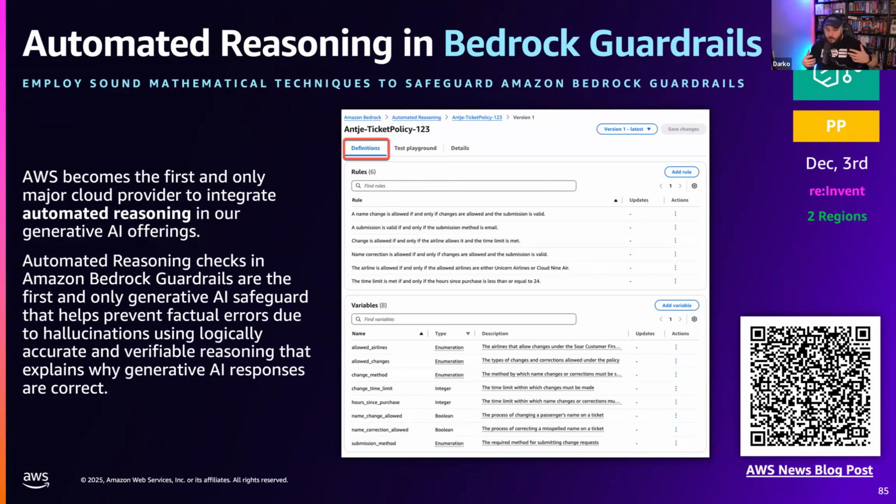For example, in the blog post linked here, there's an example by my colleague Antje where she uses a ticketing policy from an airline as part of this, and the model will take that document and generate sets of rules and convert them into math. I'm not smart enough to understand how that works, but it creates math. And it uses automated reasoning and hard math to actually determine whether the response from an LLM is correct or not, right? So it's not just using natural language processing, it is using mathematical techniques.